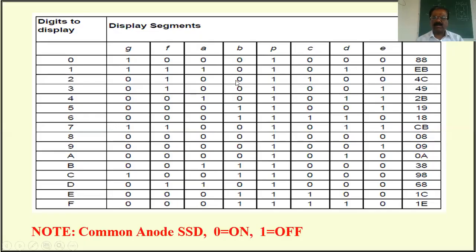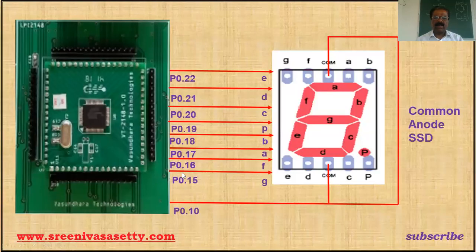So this is the table for 7-segment code from 0 to F. Actually, we are using common anode 7-segment display, 0 for on and 1 for off. Using this concept, we can generate the 7-segment code from 0 to F. Now this is the circuit diagram. Because we just have to display from 0 to 9 and A through F, only one 7-segment display is sufficient. No need to use more than that. Even if you have four or six 7-segment displays, one is sufficient.